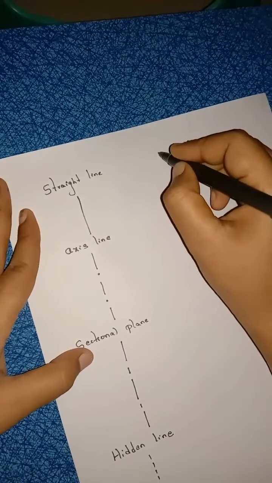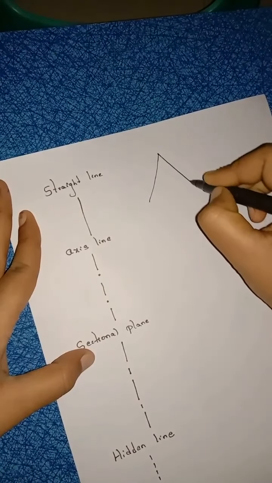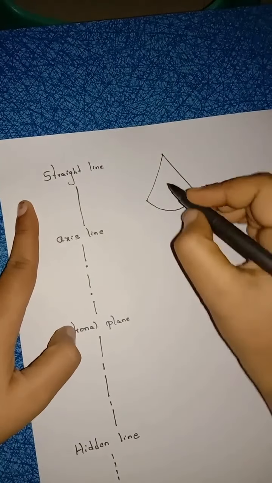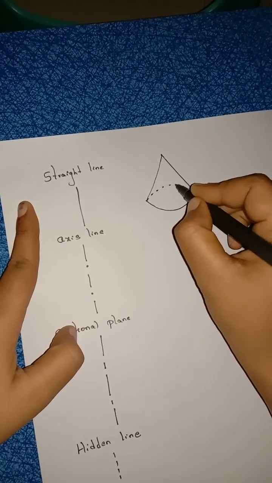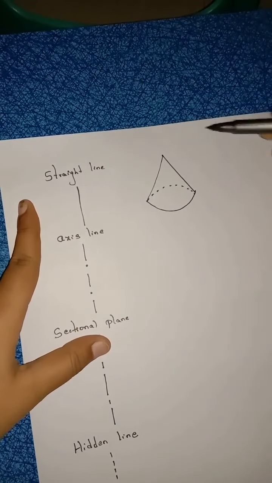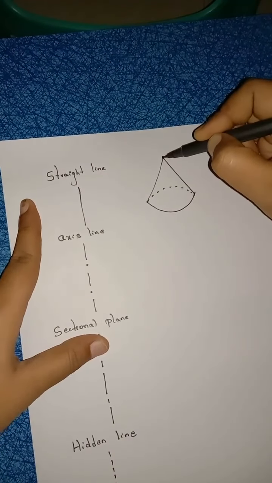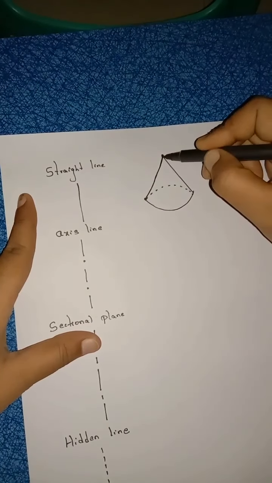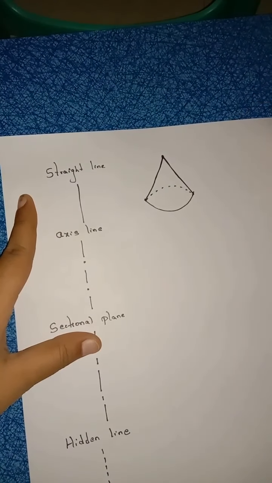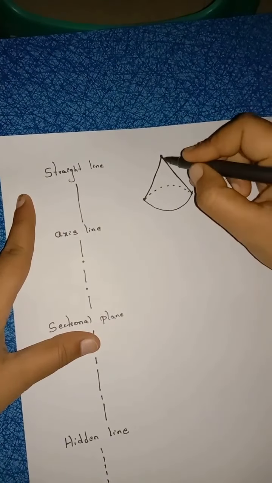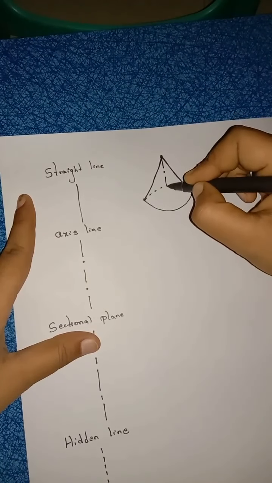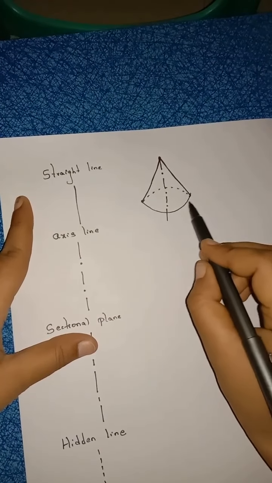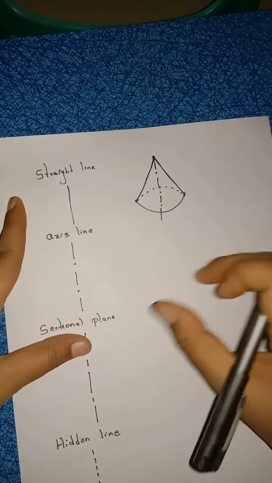Now I will explain conic sections, right? So this is the shape of the cone. From the front view I can see this part, and the back side I can't see, so it is hidden. This part is called the apex, and these are the slant edges. Slant edges we call generators, right? And from the midpoint I can draw the axis line, and this is the base curve. Okay, this is the shape of the cone.